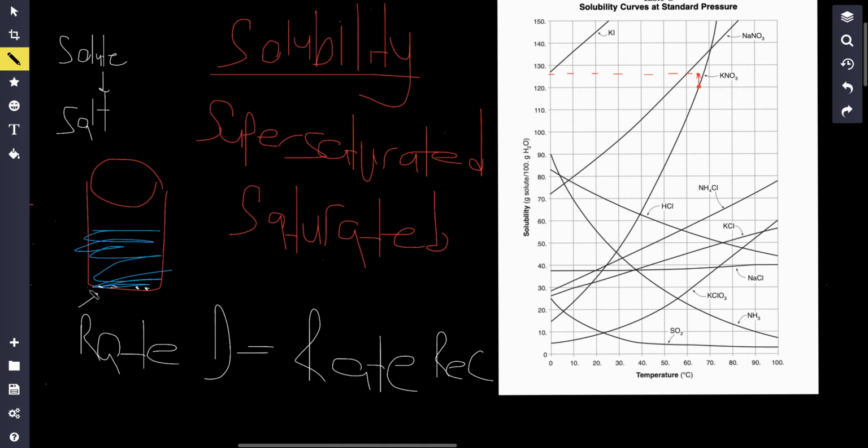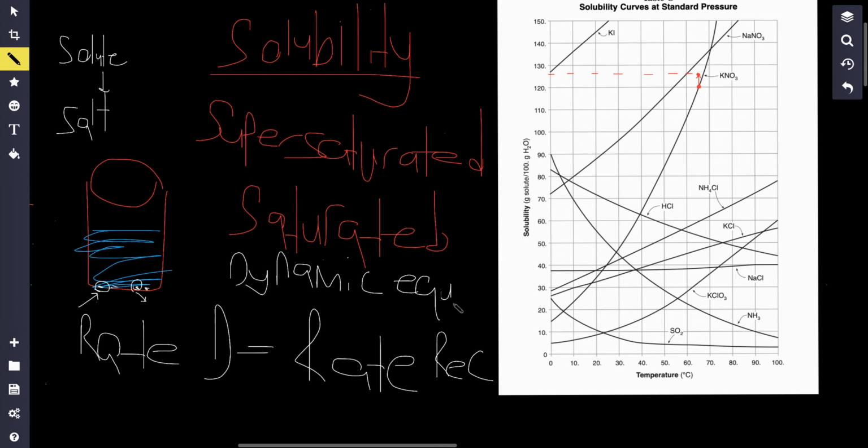And at the same time, some of the salt will actually be dissolving. So the rate at which some of the salt is turning back into these crystals is the same as the rate at which the salt dissolves in the water. So this is going to be an equilibrium. We call this a dynamic